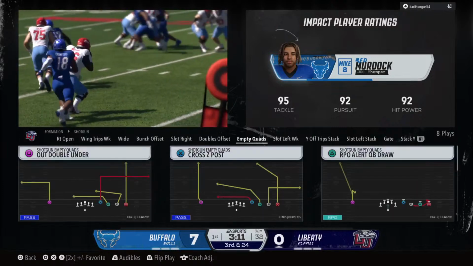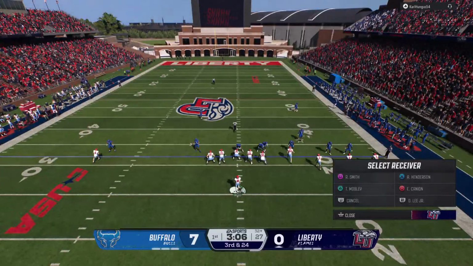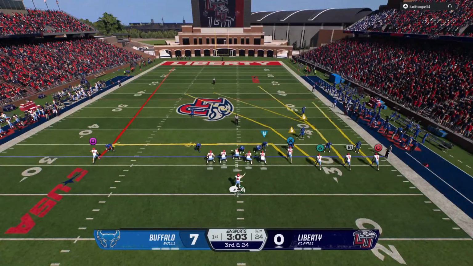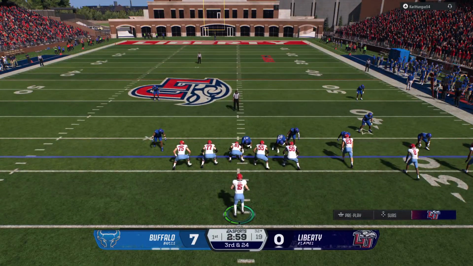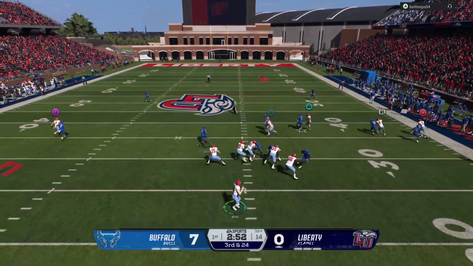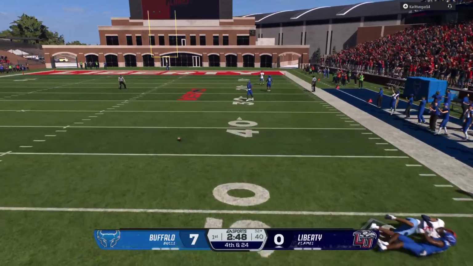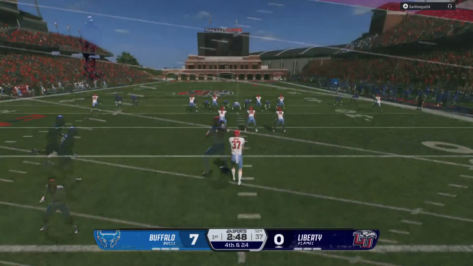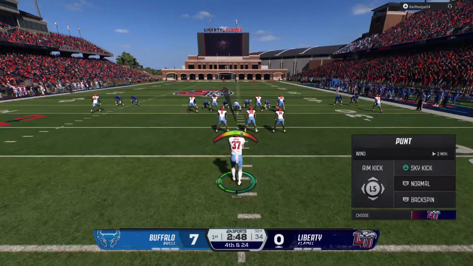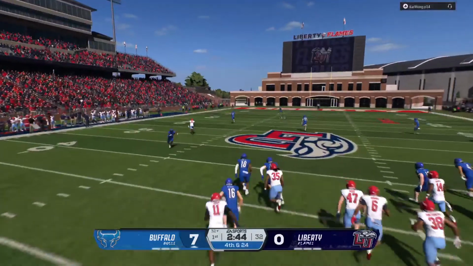Well, they try to spit it out to the running back on the perimeter of the field. You saw the speed and recognition by the defense, though. How quickly they were able to get to the back and get him down for a big loss. Might be changing the route. On third and long, he'll need to loosen up that arm. Fires to the wideout. And they can't complete the bullet pass on third down. Every defense in the country talks about getting offenses in predictable third and long situations where I can bring on more speedsters and I know the pass is coming so I can have more success.